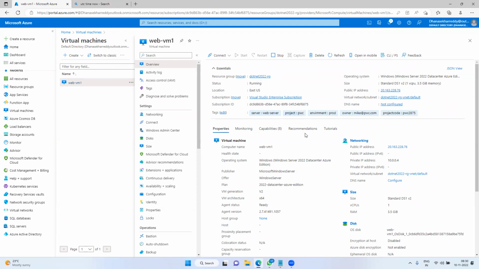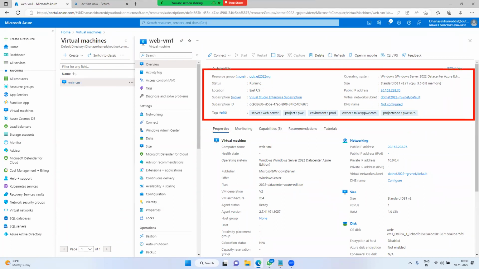Now it is running, right? If you observe here, this is the resource group. Operating system is Windows Server 2022. It is in running status, with the region, subscription, subscription ID, public IP, and networking, with DNS not configured.